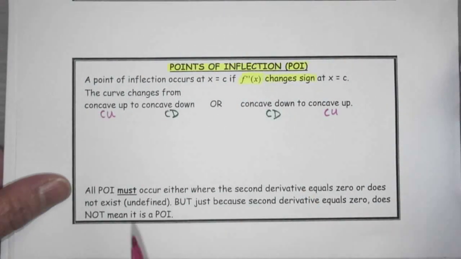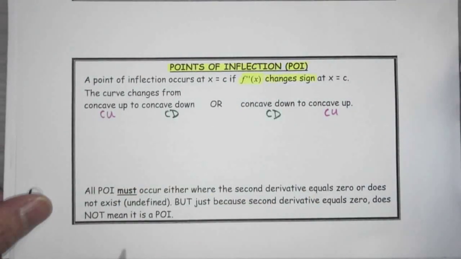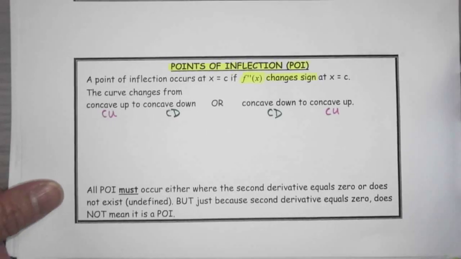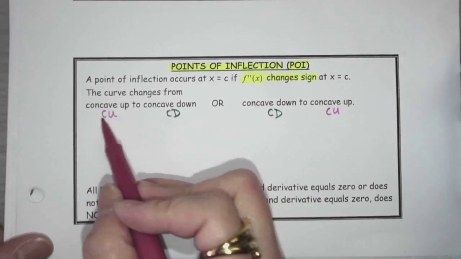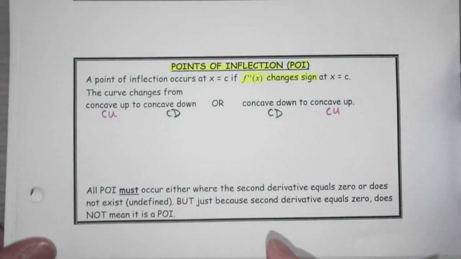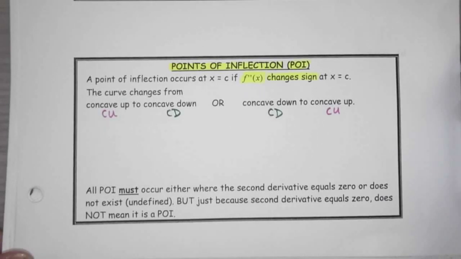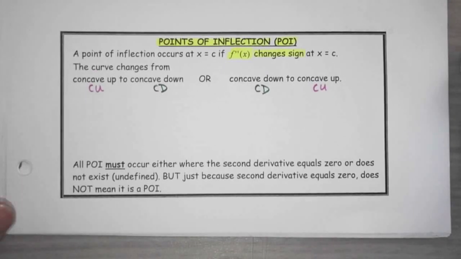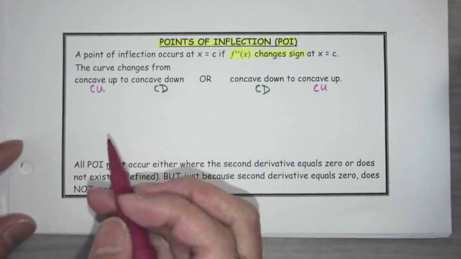Okay, so on the number line, we're looking for a change in concavity. So if I get on the number line that it changes from concave up to concave down, that is not enough information. It's only part of the information,